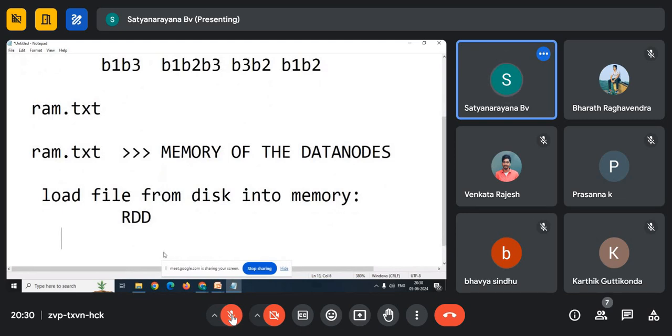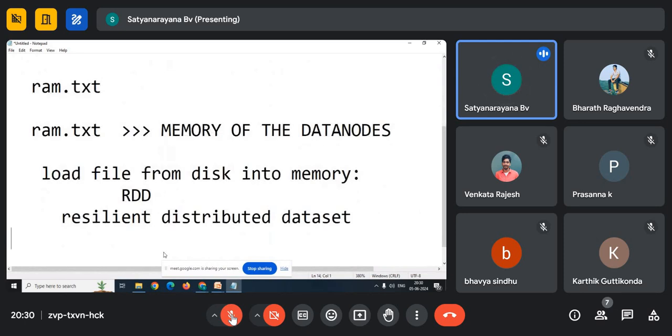RDD stands for resilient distributed data set. So when you want to analyze with Spark, you need to create the RDD for the HDFS file. RDD creation means you are loading the file from the HDFS into the memory of the data nodes. That is called an RDD.